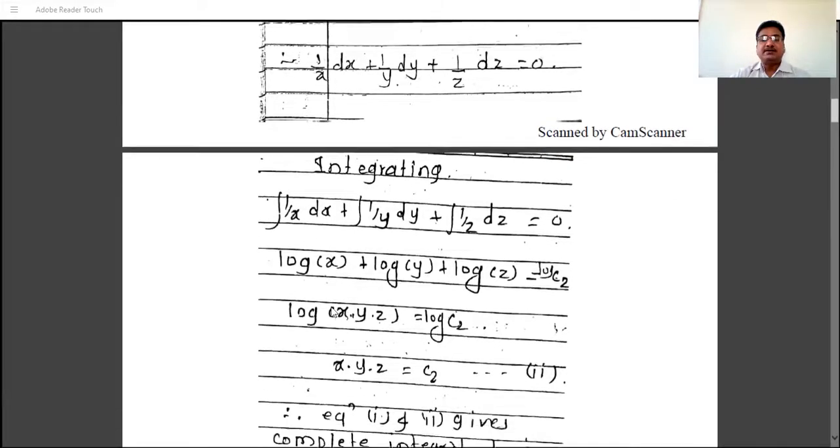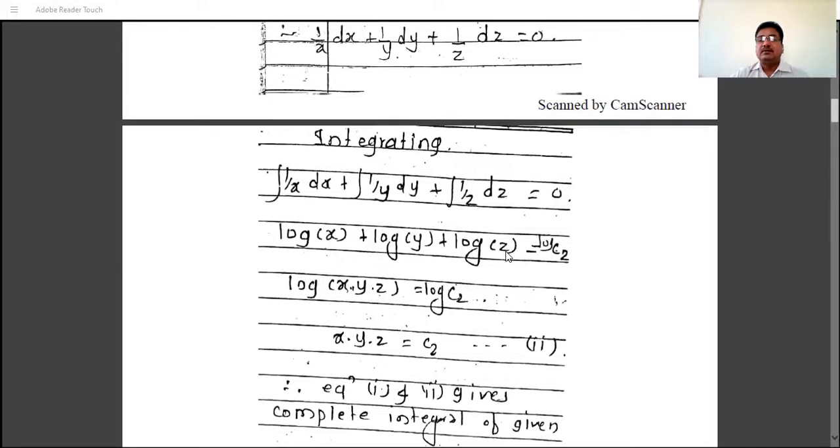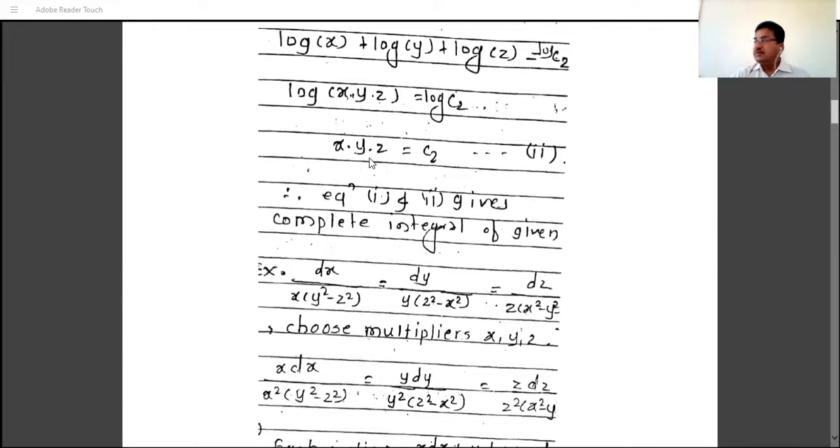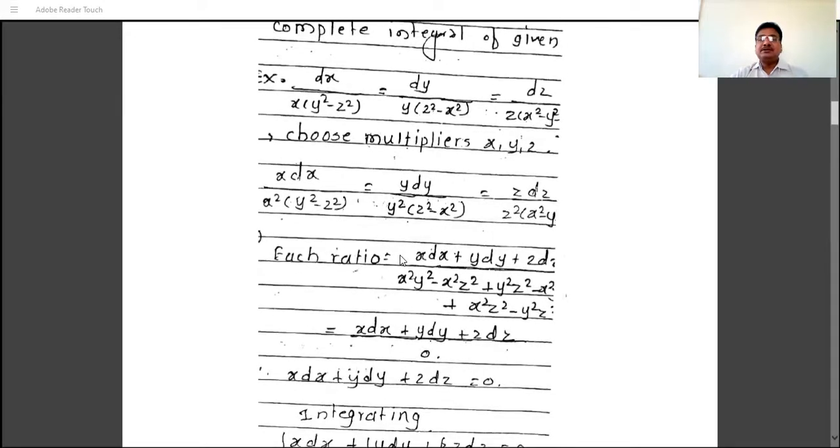Integration of 1 by x is log x, 1 by y is log y, and then add the constant log c2, and then log a plus log b plus log c is log of a into b into c, and therefore we have x into y into z is equal to c2, and this is the second solution, and therefore 1 and 2 form the general solution or complete integral of the given differential equation. So this is the second method,